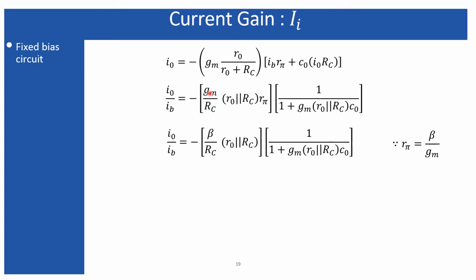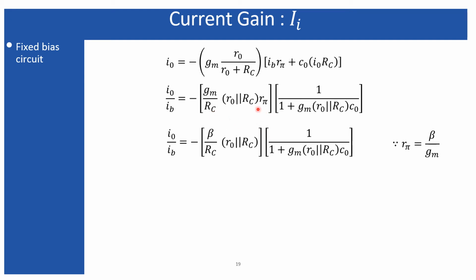Now here I did a little rearrangement. Look at this expression. If I divide this expression by this RC, I need to multiply one RC over here, and that will result in this product, which will then be represented by this parallel combination of R naught and RC. And then if I do this arrangement, the final expression will result like this. So this parallel combination of R naught parallel RC times this gm will appear in this expression as well as in this expression.